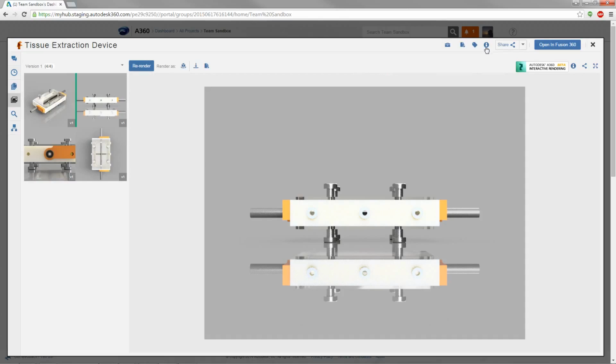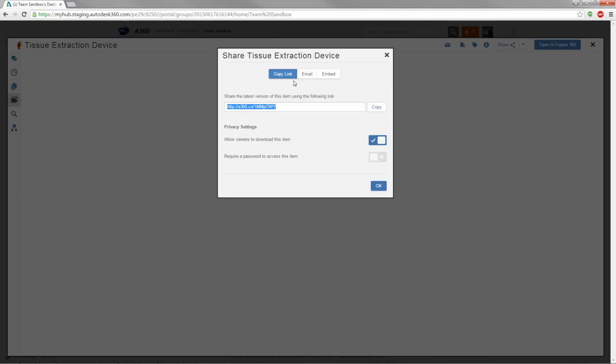and more. The Share control here on the right allows you to share the design in a variety of ways. I'll click the icon, and you'll see buttons for Copy Link, Email, and Embed. Copy Link provides you with a shareable URL that creates a 3D preview that anyone outside your project team can access. Having Fusion 360 isn't required, and privacy settings are included below for downloading the design and requiring a password